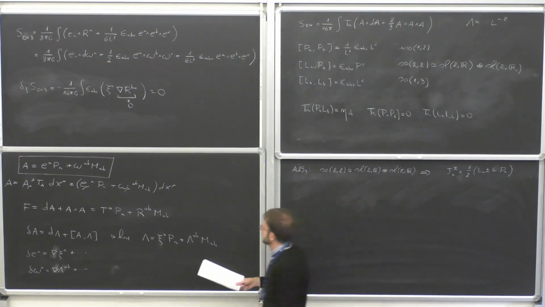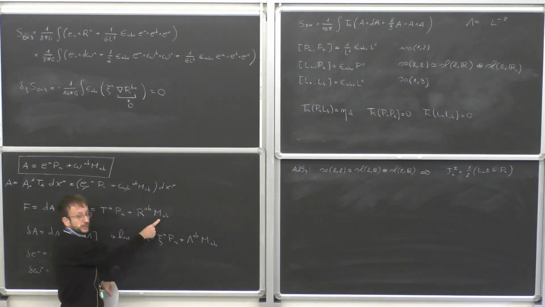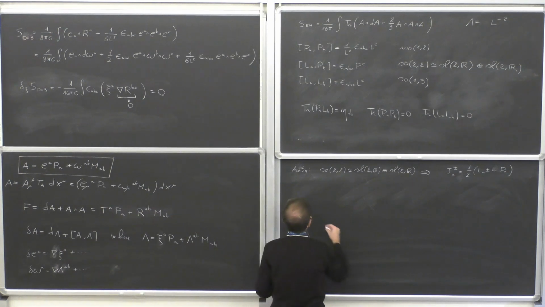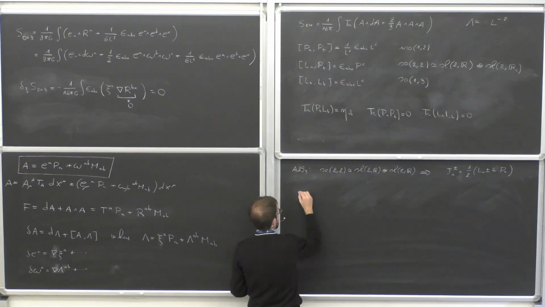With respect to the notation that I used here, L is just the dual of M_AB, the dual of Lorentz transformations. I can introduce this generator there, and then the very same algebra that I've written above can be rewritten in this form,